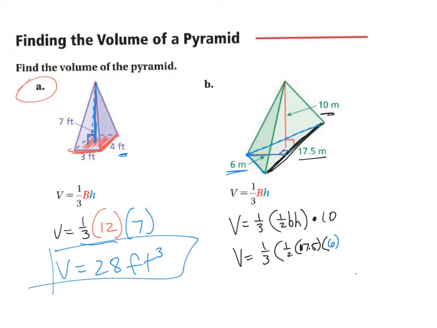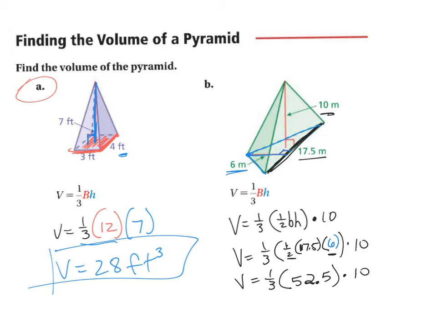Okay, and then that's our height. So 1/2 of 6 is 3. 3 times 17.5 is equal to 52.5, times 10. Don't forget that. So we have 1/3 of all of this stuff put together. Okay, so now we just take,